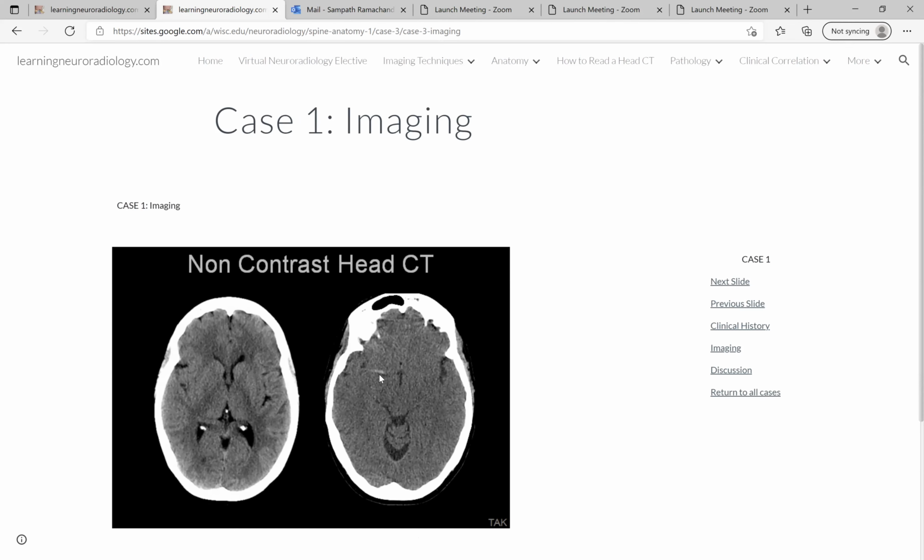And this is the right middle cerebral artery, and this is hyperdense. And you can see how you cannot see the contralateral side. And this is actually a clot. And this is what we call the hyperdense artery sign. And this is very, very critical in people who have strokes, because this shows that the artery is actually completely blocked by